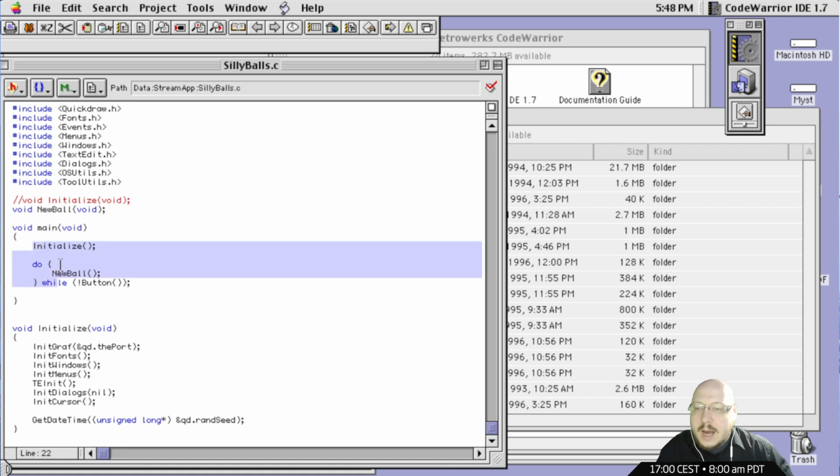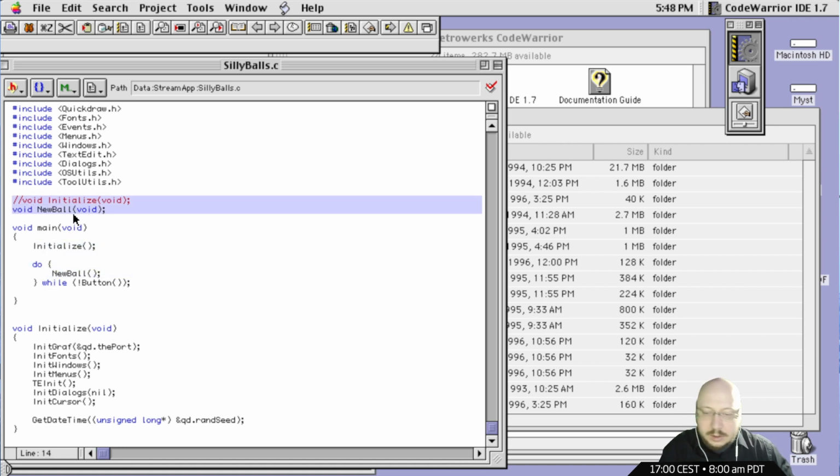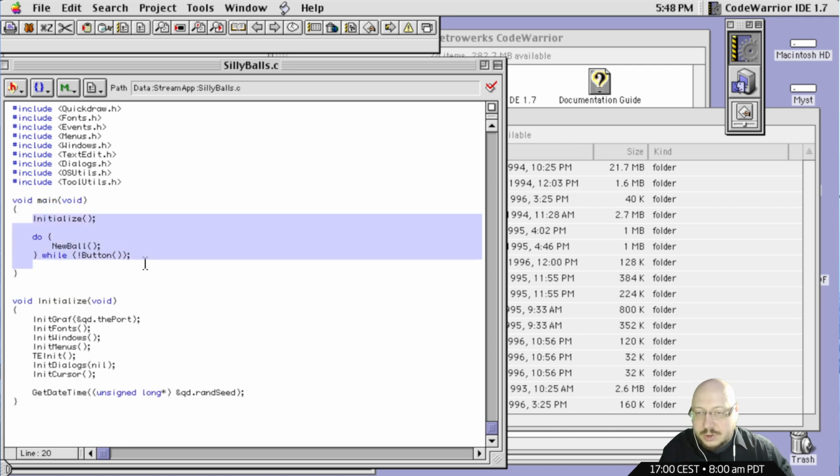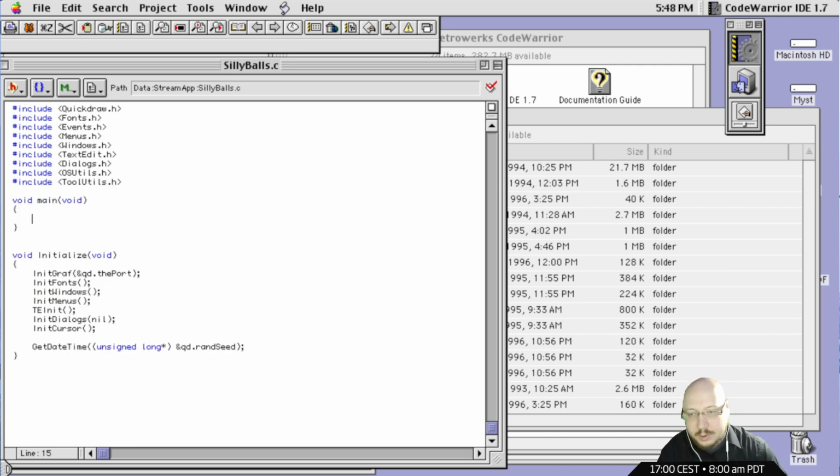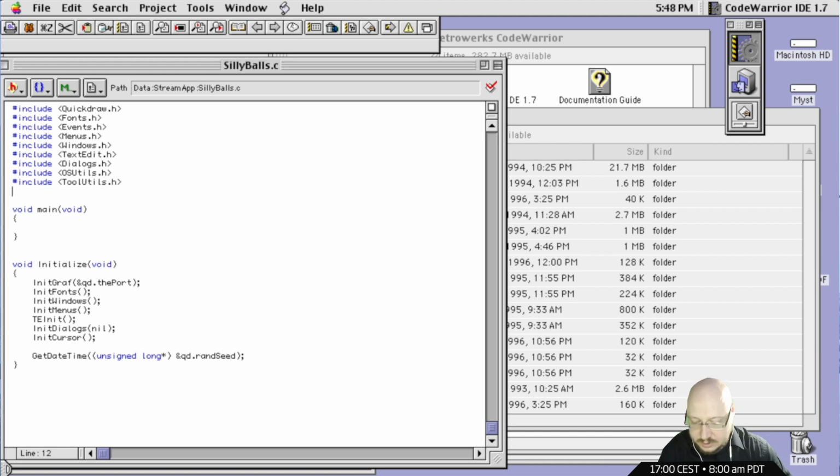And what we'll do now is, in the main function, we'll try printf. So first, of course, we'll have to include stdio.h and do our usual